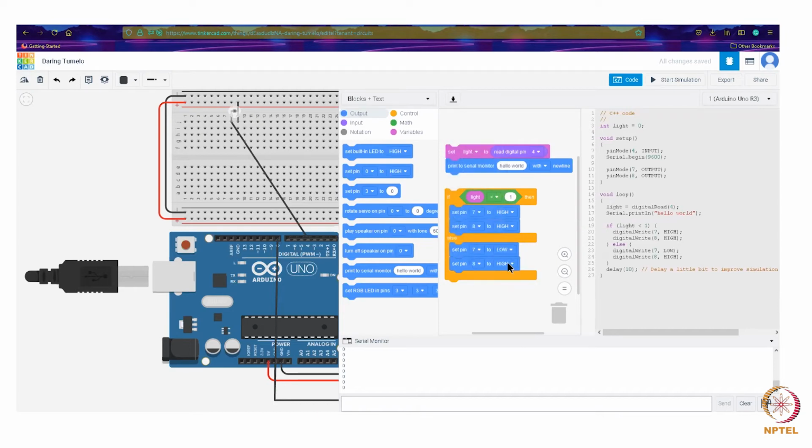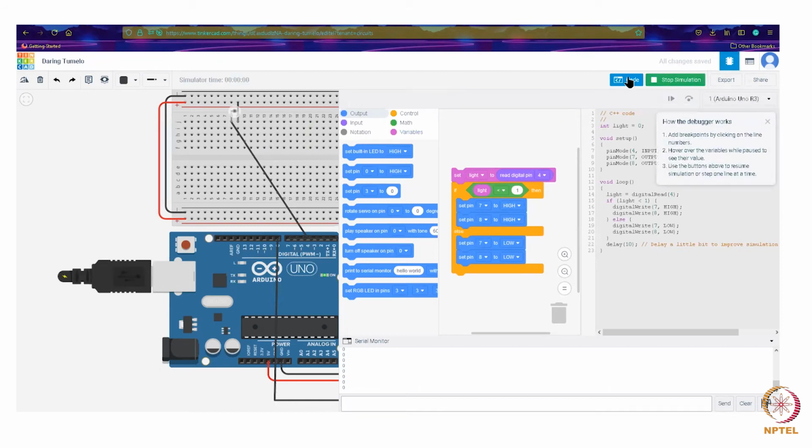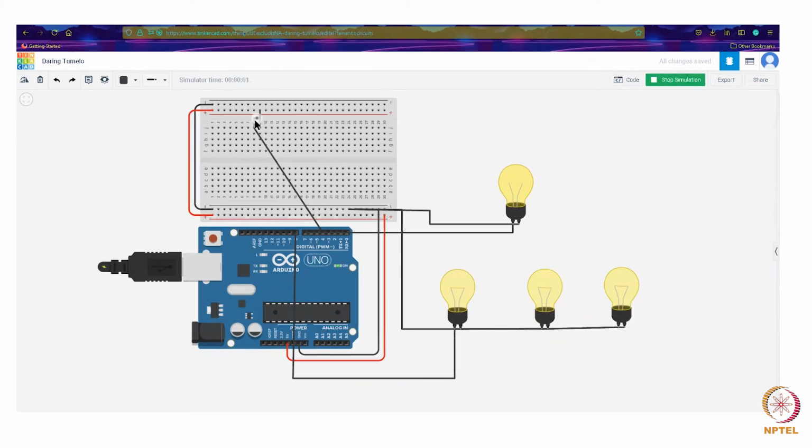So this should be low, this should be low. So we have a logic. It basically reads the ambient light, and depending on the ambient light, it switches on the bulbs. So right now we are in the dark condition state.